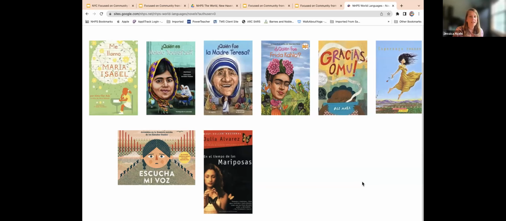It is challenging to find ones that are at a fairly low level, but this one is almost like a children's book, this Gracias Omu, but it is beautiful. And so is this Escucha Mi Voz for your immigration units. And these ones here are just great. There's a Selena one too that I'm trying to get, but they didn't have it at the publisher. But these are just beautiful, and they have Pablo Picasso. Oh, I also bought Pablo Picasso. I haven't put that one up yet. But these are lovely. So if you want to take a screenshot, that gives you an idea, or take a picture.